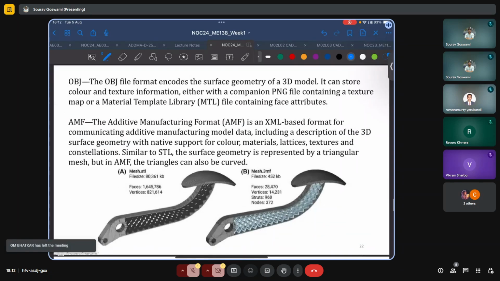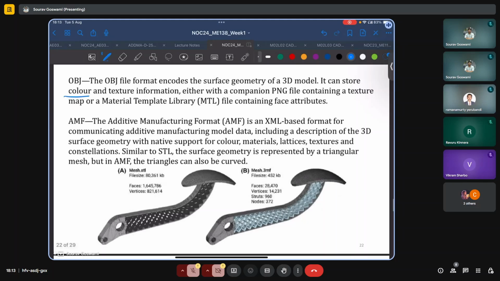And there are these upcoming more sophisticated formats such as OBJ and AMF. The OBJ file format encodes the surface geometry of a 3D model and can store information related to the color and texture. And this can be done either with a companion PNG file or a texture map or a material template library. Another file format called the additive manufacturing format